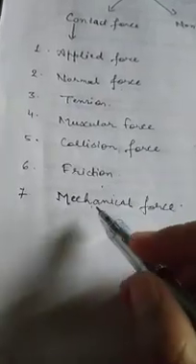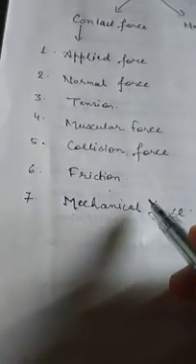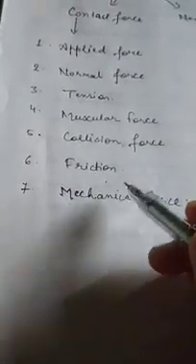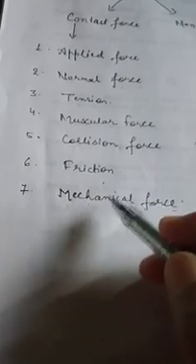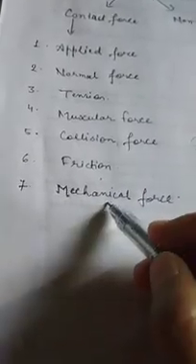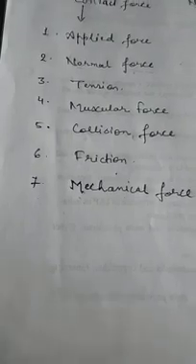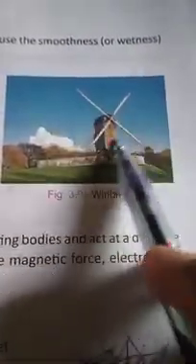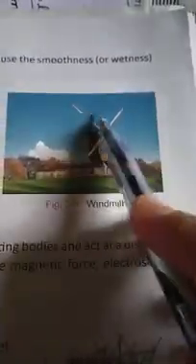For example, the engine of a vehicle runs with the help of fuel. How does any vehicle run? Because there is fuel present. That fuel is petrol or diesel. Then the vehicle is able to move. Also, have you seen a windmill? Look at this. This is a windmill. It also moves because the wind exerts force to move this windmill. It is the external force of the wind that makes it move.